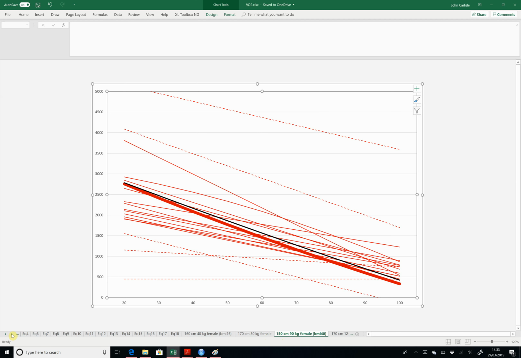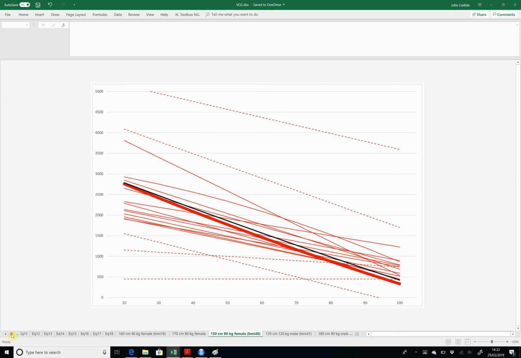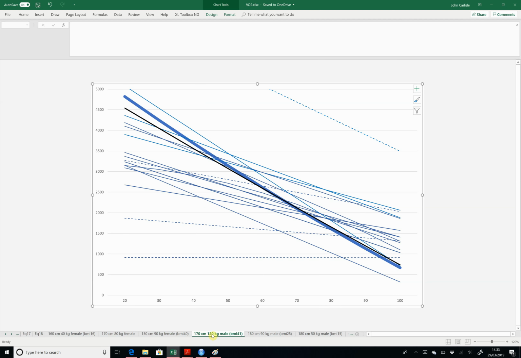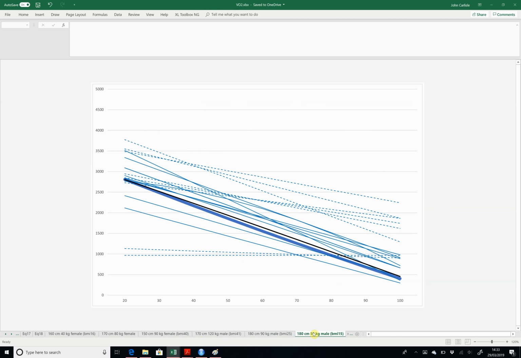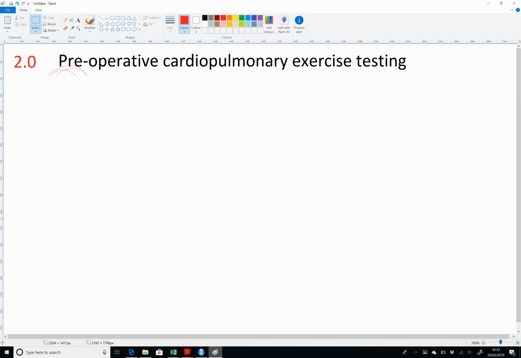Then we can move on to 3 similar graphs for men. Here's a 170 centimetre, 120 kilogram man, so a fat man. Here's a taller, more normal weight man. And finally, same height but underweight man. Okay, so what was the purpose of that? The purpose of that was to show you that there isn't a single predicted peak oxygen consumption, which